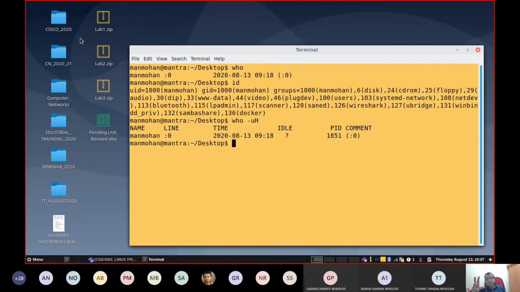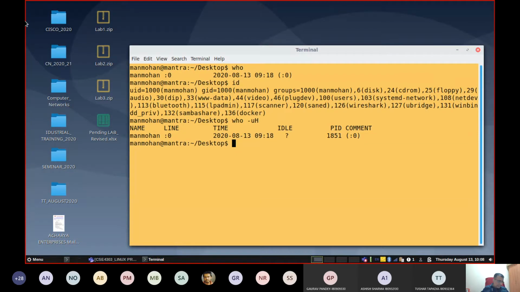In case I set up this computer such that you can log in remotely from your location, then your user account also will be displayed here. Then here it says that on this particular machine, today I logged in at 9:18. 9:18 is the latest login time of the user account. Okay, this PID stands for process ID. What is a process and what is its ID, we'll discuss later. Now the moment I log in, the operating system creates one instance of the user. Its ID is 1851 currently.